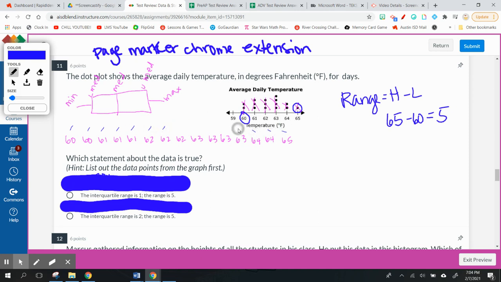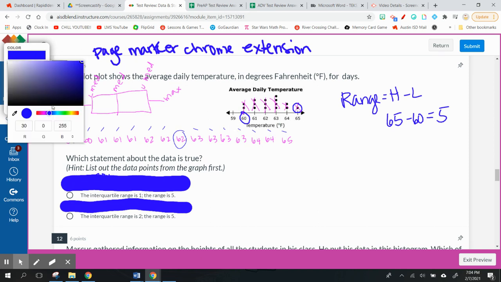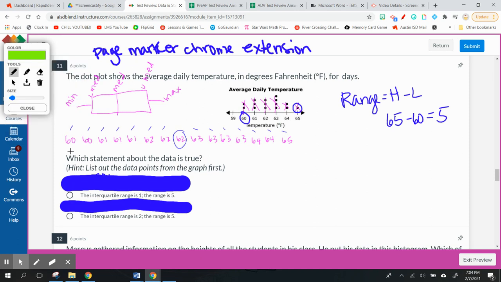1, 2, 3, 4, 5, 6, 7. So that should put 62 in the middle. Okay, so now what we have is our